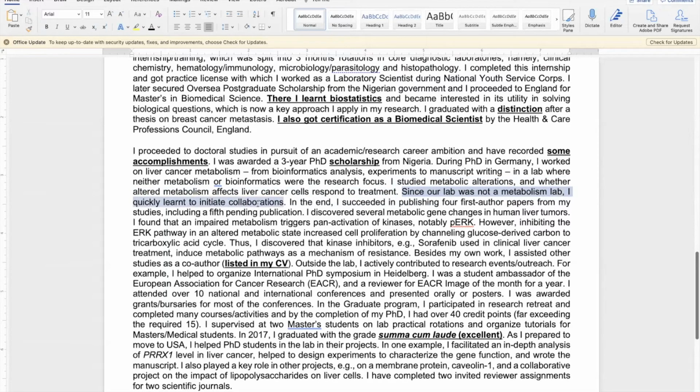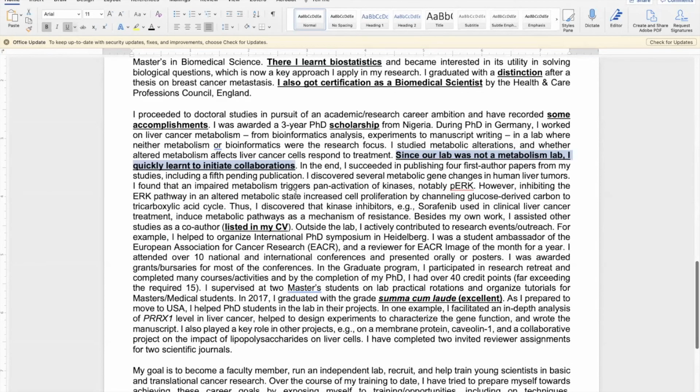I think that this is the point I wanted to make by emphasizing that my lab was not a metabolism lab. And the key point here is the collaboration that I want to emphasize. There's not enough space for me to get into the details of that in this personal statement, but I went straight to mention that in the